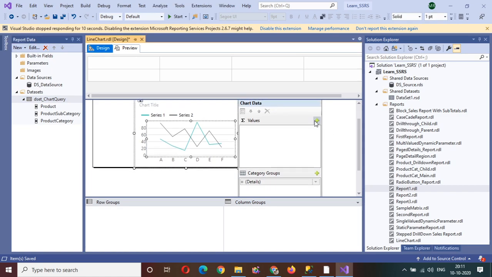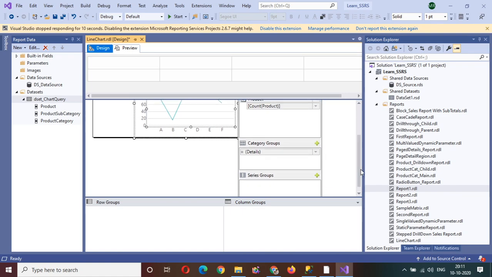Okay, so just click on the plus. Now you will be able to see product subcategory and total category. We want the value. See the count of product, the aggregate is already there. If you see this algebraic symbol, the aggregate is already there, so there is no need to create a sum and count on the SQL Server side in the query itself. You want the total of products on the basis of product category, right?